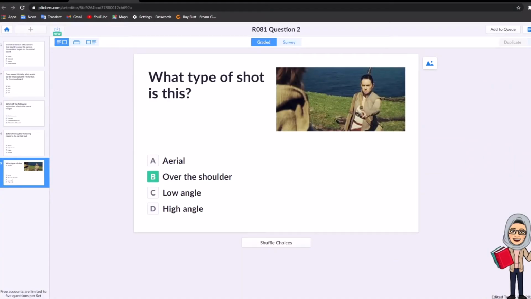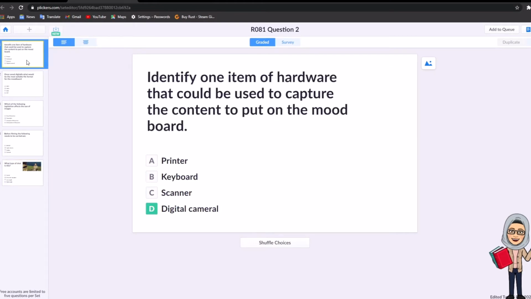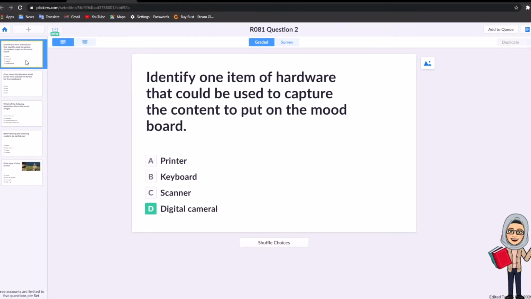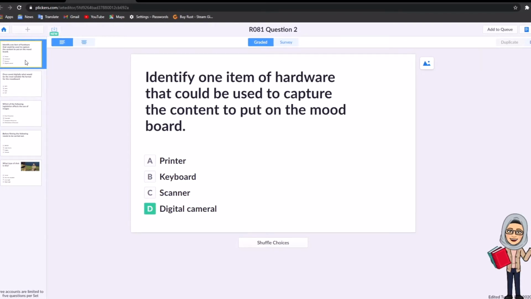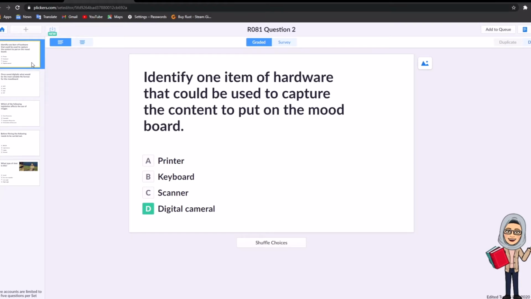For my first example, I'm going to show you how I use a tool like Plickers in my classroom. Using Plickers, I simply enter the questions that I want to pose to my students. I usually use Plickers as a way of asking questions as soon as the students come into the class. I really like this particular tool because all the questions can already be